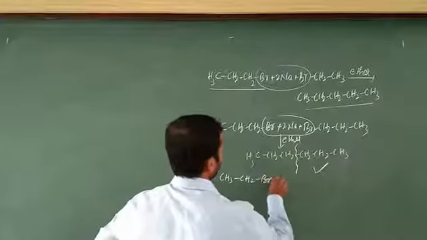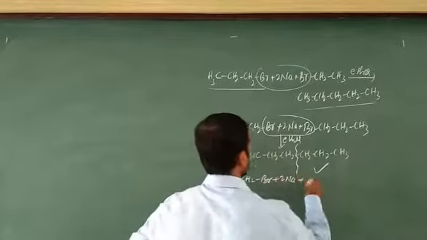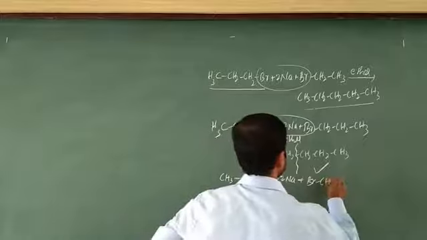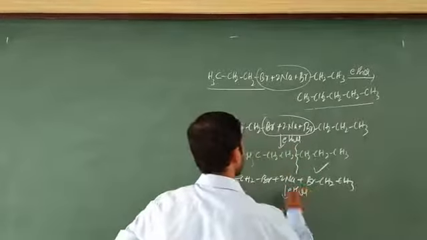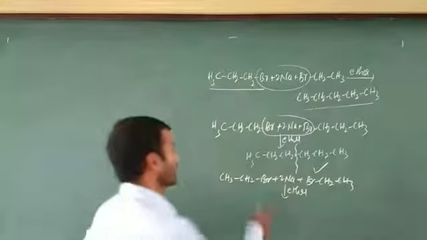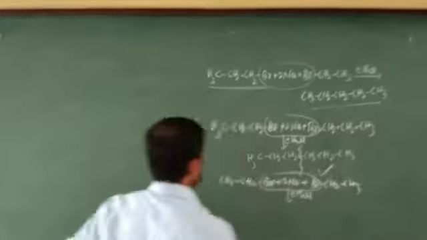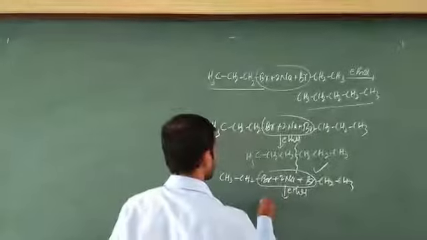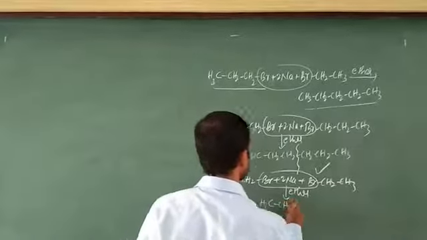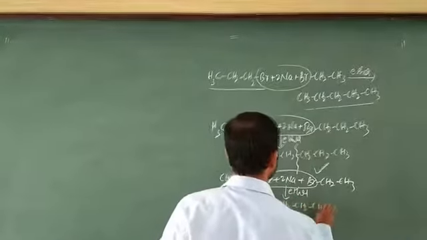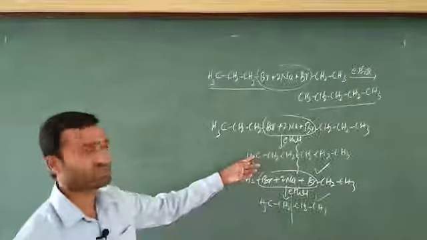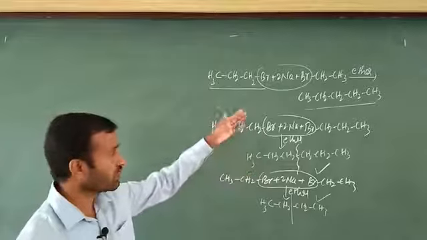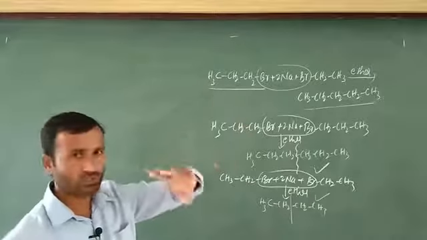CH2Br, 2 moles of Na, next this can react with the BrCH2CH3, in the presence of ether. No problem, you just have to remove these things. You are going to get a product: CH3, next one CH2CH2, next one CH3. Is symmetry possible? Yes, in this case also symmetry is possible. Totally there are 3 possible products.